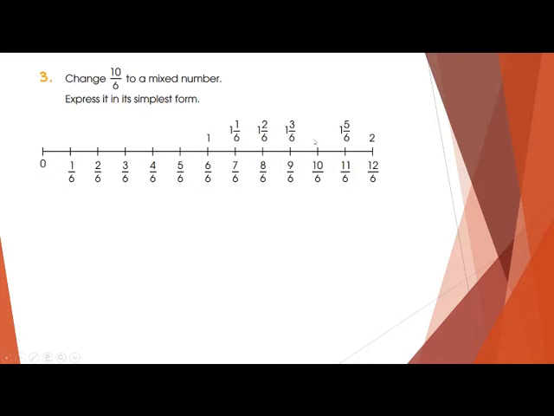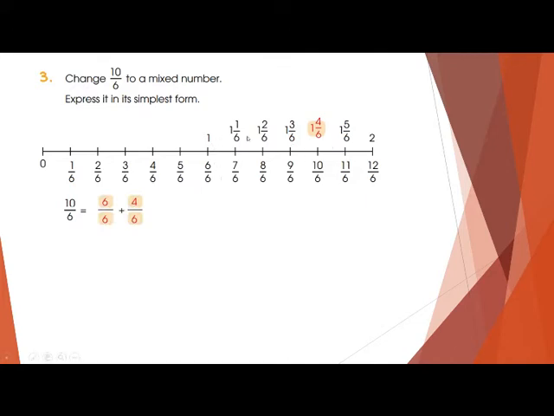So what will it be? 1 whole 4 upon 6, 1 whole 5 upon 6, and this is the 2. So it will be 1 whole and 4 upon 6. This is the simplest form. So in the form of a calculation, how can you show 10 upon 6? It will be 6 upon 6, this is 1,